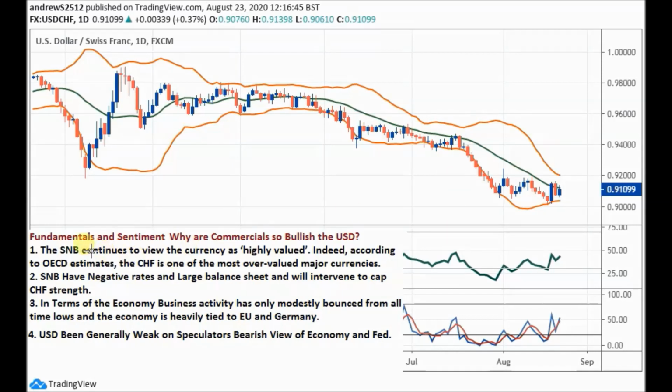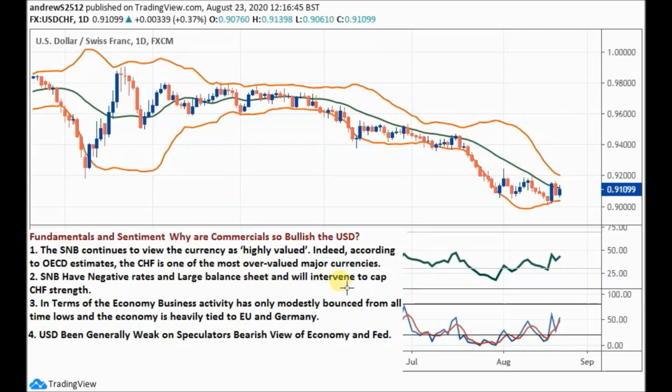But just first of all, in terms of the fundamentals and sentiment, why are the commercials so bullish of the USD and speculators so bearish? I've written out some points, so I'm just quickly going to go through them. Swiss National Bank continues to view the Swiss franc as highly valued. That's their wording. And according to the OECD, the CHF is one of the most overvalued major currencies in the